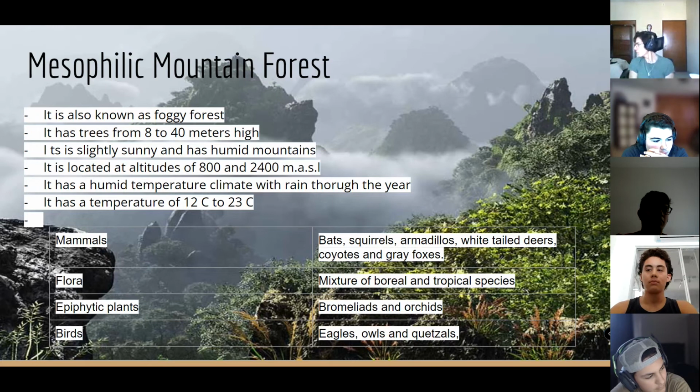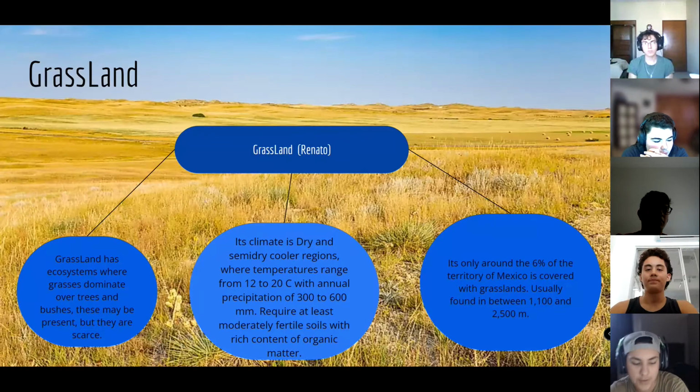owls and quetzals. So now we have grasslands. Natural grasslands are ecosystems dominated by grass and herbs 20 to 70 centimeters high, which include mountain zacatonales that are